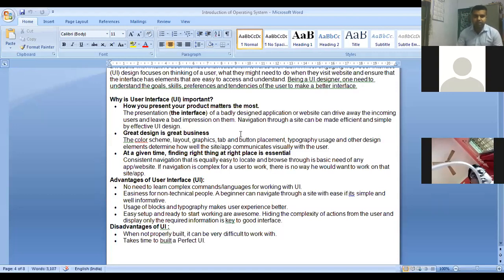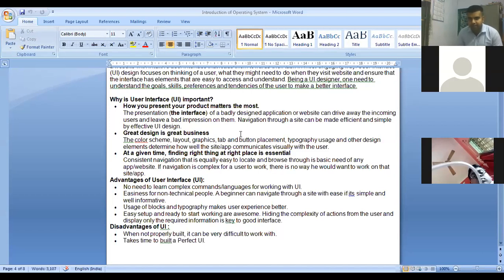But regarding the user interface, let me tell you one thing which is very important to understand. The graphic user interface is designed only to overcome the difficulties of the user. Whatever difficulties the user was facing with the command line interface have been overcome by the graphic user interface. But the graphic user interface is completely dependent upon the command line interface. Why? Because the command line interface is the skeletal structure of your computer.